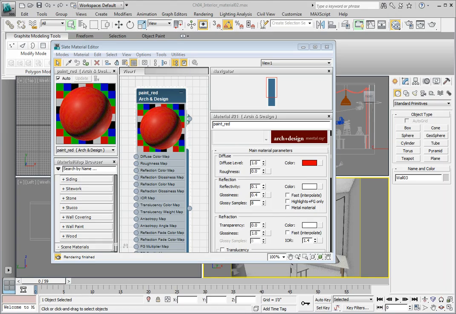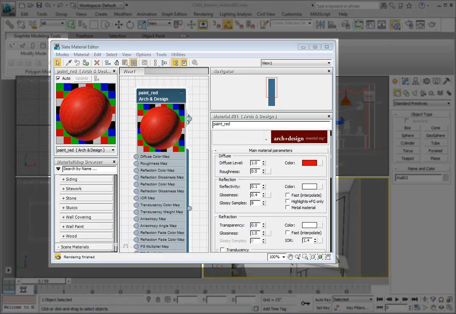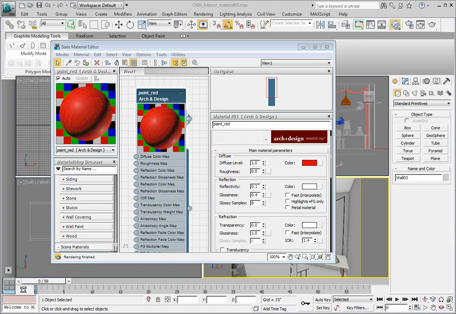We're still in the scene with the red paint material that we've created. If you're not, open the file Chapter 4 Interior Materials 02.max. Make sure the slate material editor is open before you begin this lesson. We've created a semi-gloss paint with a red color that we'll be using to apply to an object in our